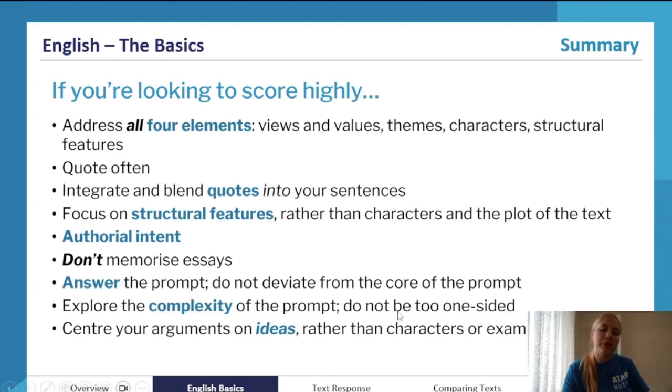And remember, we need to have a counter argument, especially for text response. If I argue a specific opinion, I can only choose to be mostly agreeing or mostly disagreeing with a prompt, but I need one body paragraph discussing the opposite point of view and arguing with myself. And this should be that most complex argument that you have. That's your last argument.